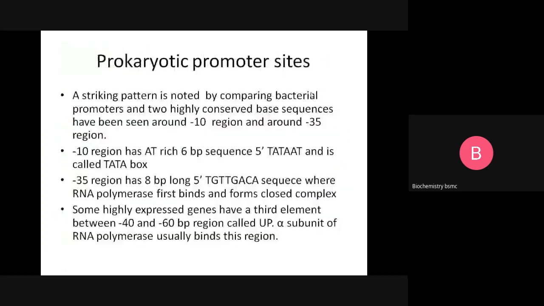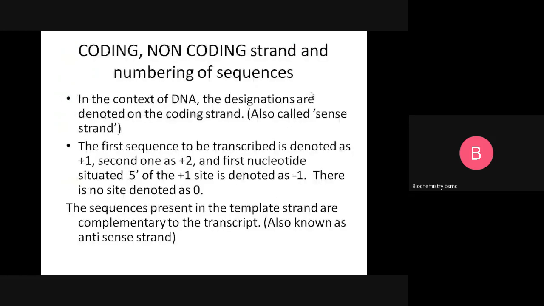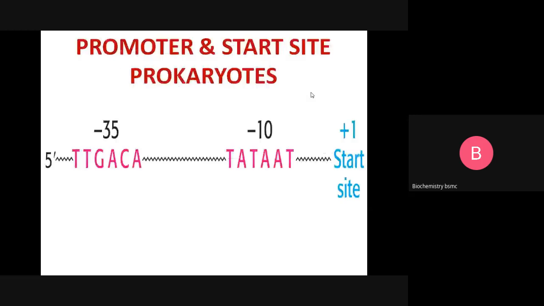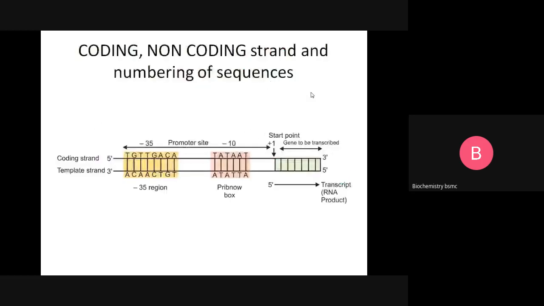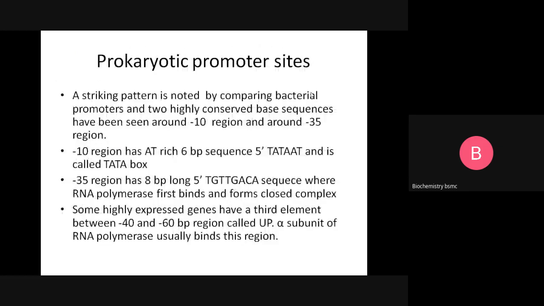So, coming back to the entire class, the initiation, we first know what is coding strand, what is non-coding strand, what are the designations. Next, what are the cycles of the transcription? Most important being 3 phases. What is the initiation, elongation, and termination? Next, what is promoter? What is the important role of promoter? What are the different sequences of the promoter? Next, what is holoenzyme? What is core enzyme? Once again, what is the role of sigma subunit? Why is it so important in binding the promoter site? What are the prokaryotic promoter regions?